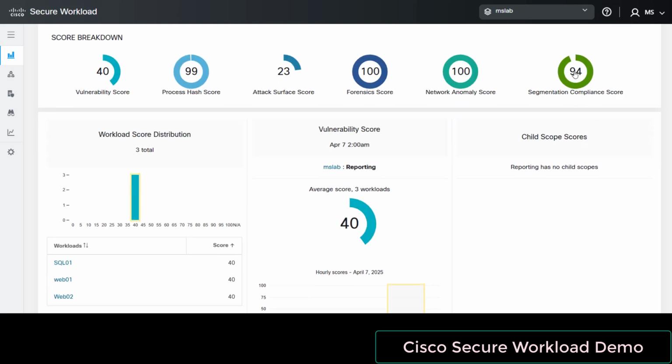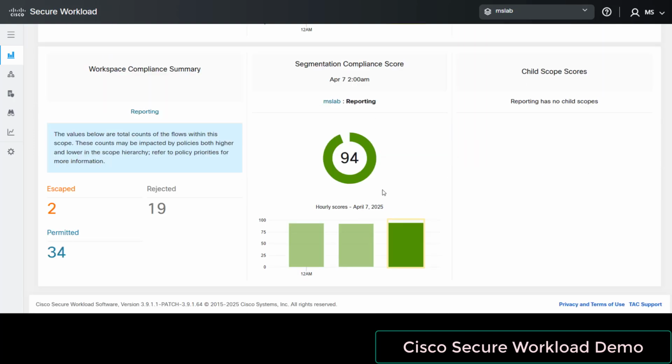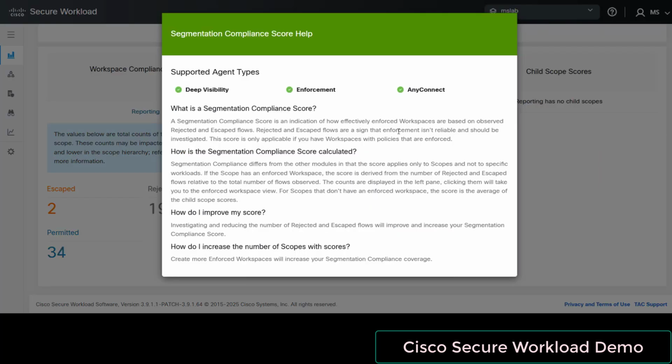So if I click on this one, it will exactly take me there, and it says that, hey, there are 2 policies that are kept, 19 rejected, and 34 permitted, and so on. So this is my score. If I click here, it explains for me that, hey,